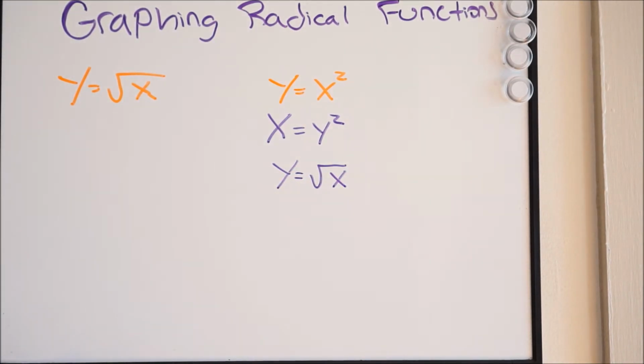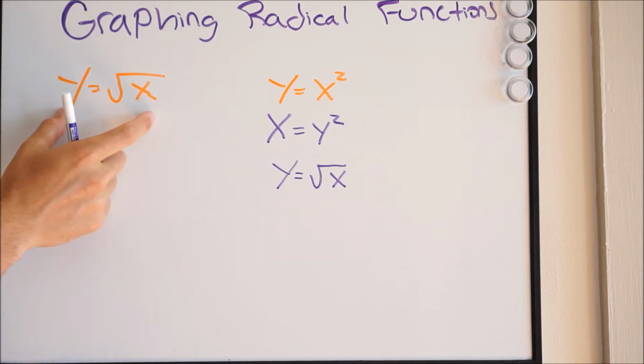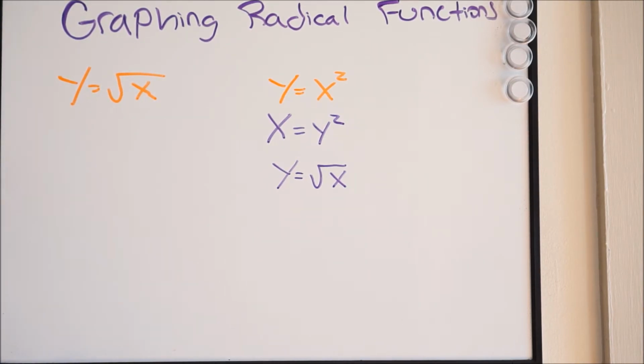Well, look what happens here. When we take the inverse of our quadratic parent function, it returns us the parent function of our radical, right? So of our radical parent function. Now, let's take a look at what changes here. So we know that with our parent function of our quadratic, our domain